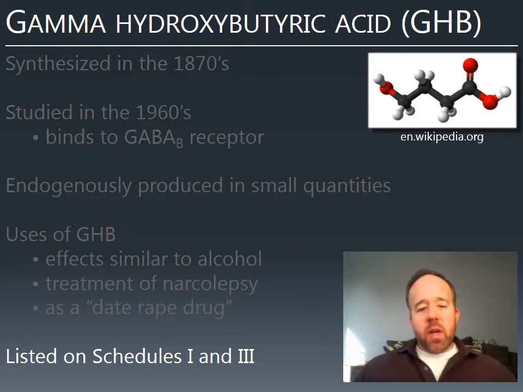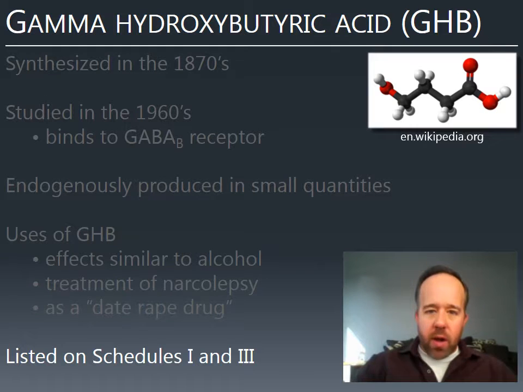So because GHB is dangerous in certain circumstances and used illegally, but also has this one legitimate use, the narcolepsy preparation, even though it's still GHB, is listed on Schedule 3, whereas GHB just by itself, not in the solution used to treat narcolepsy, is listed on Schedule 1. So you have this interesting dichotomy in how GHB is treated. And that will bear on our discussion this week as well.